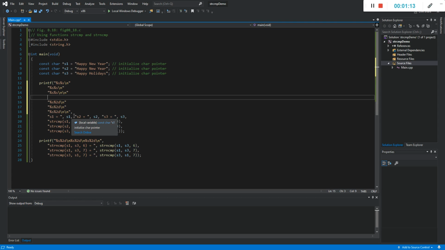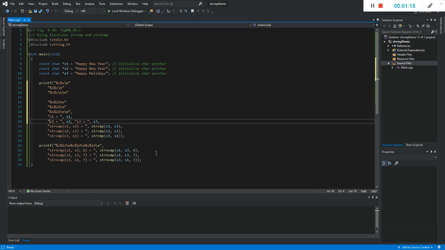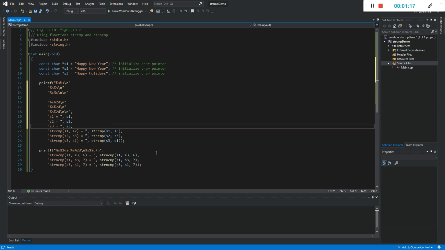This will print out these 6 lines. So S1 equal to, and then the string S1, S2 is equal to the string S2, S3 equal to the string S3, and then the values returned by the string comparison functions when we compare strings S1 and S3, S2 and S3, and S3 and S1. And in the second printf statement,